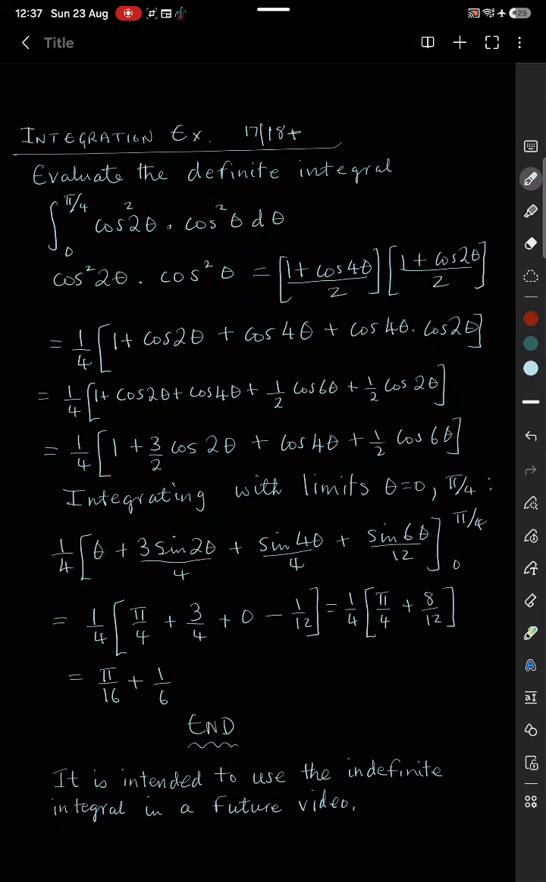So that's 1/4 bracket pi upon 4 plus 3/4 plus 0 minus 1 over 12, and the bottom limit just renders the whole thing 0, and that comes to 1/4 bracket pi upon 4 plus 8 upon 12, which simplifies to pi over 16 plus 1/6. And that's it. Okay? And I made a remark here, that is, I intend to use the indefinite integral that